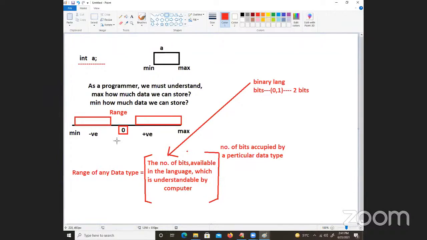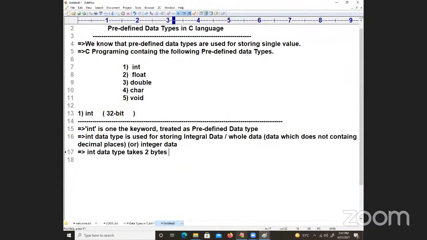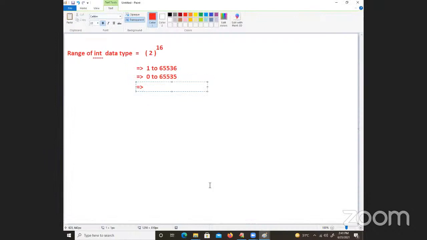So if a number is coming, that number may be positive, may be negative. So maybe greater than 0, maybe less than 0. So definitely the integer data will contain how many signs? Plus may be there, minus may be there. So that value is called what? If you carefully understand the part of that,